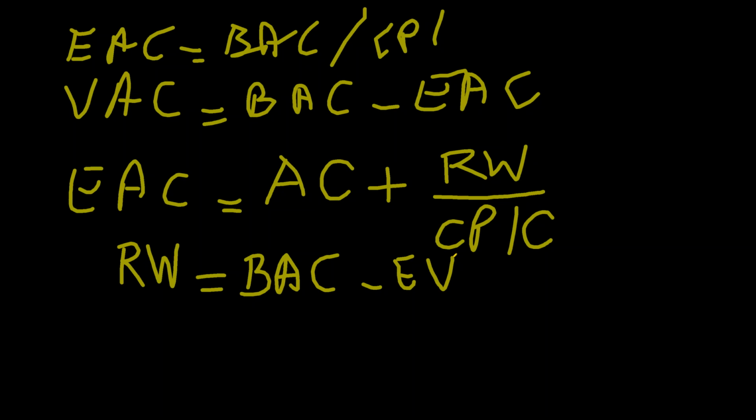ये मेरा रिमेनिंग वर्क है। EV क्या है? अर्न वैल्यू, जो काम हो गया। BAC टोटल काम में से अर्न वैल्यू हो गया, बाकी क्या बचा? रिमेनिंग वर्क। इसी तरह CPIC क्या चीज है? जैसे मैंने कहा कि जितने CPI आज तक गुजर चुके हैं उनका सिंपल एवरेज नहीं लिया जाता।